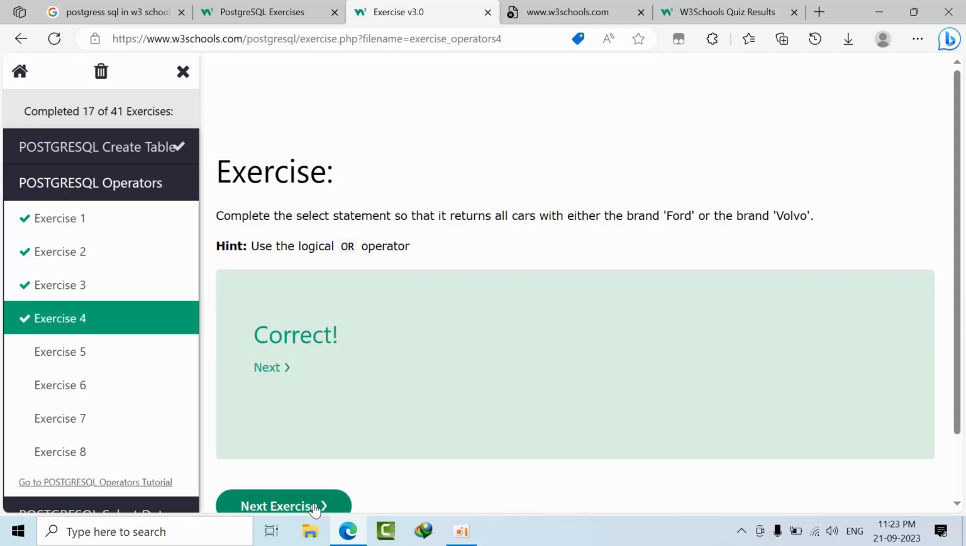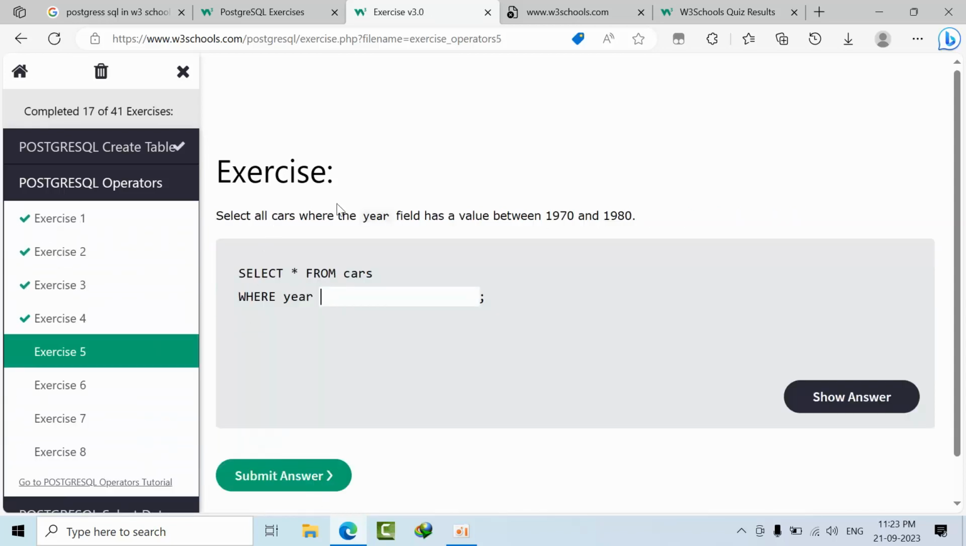Select all the calls where the year field has a value of between 19 and 80. Where year between